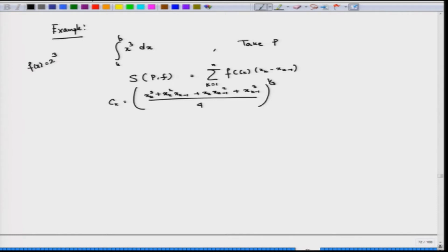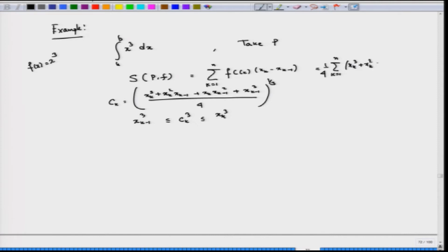Now, as you can easily see, x_{k-1} cube is less than or equal to c_k cube, which is again less than or equal to x_k cube. Therefore, c_k is lying between x_{k-1} and x_k. If you put this value of c_k, then 1 by 4 is going to come out, because f of c_k is c_k cube. So, 1 by 4 is going to come out of the summation over k equal to 1 to n of this x_k cube plus